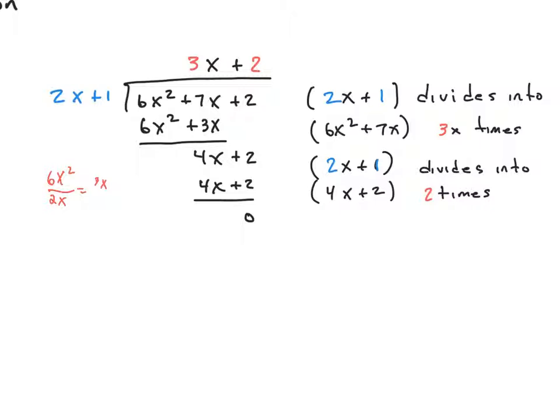Sorry, I divide 6x squared by 2x, I get 3x. So I am going to go ahead and